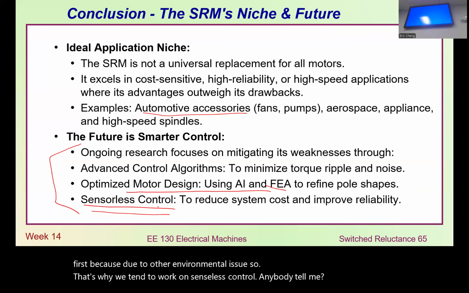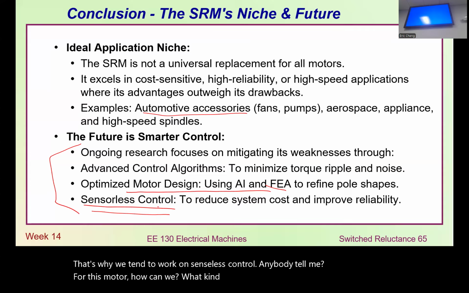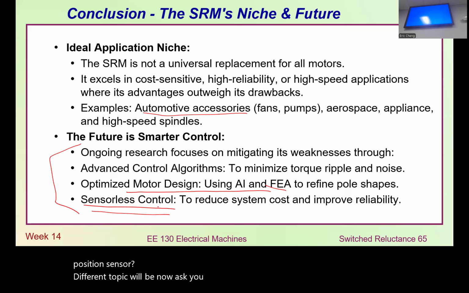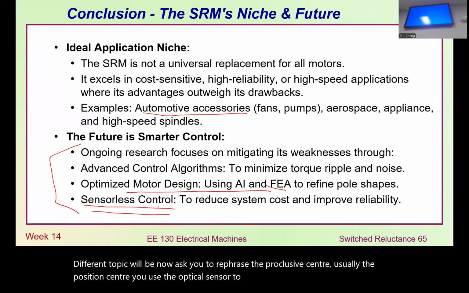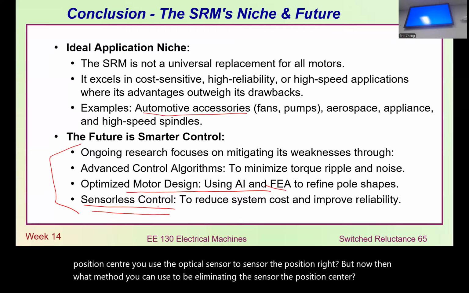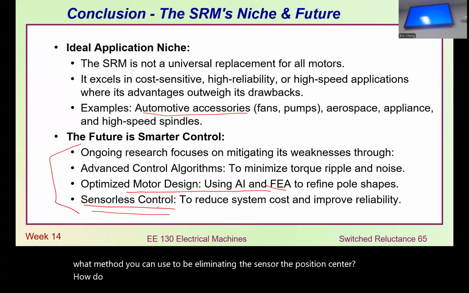Can anybody tell me, for this motor, what kind of sensorless control could replace the position sensor? A different topic: I'm now asking you to recreate the position sensor. Usually for a position sensor, you use an optical sensor to sense the position, right? But now, what method can you use to eliminate the position sensor? How do you know the rotor is approaching a particular state of the pole? Mainly about the